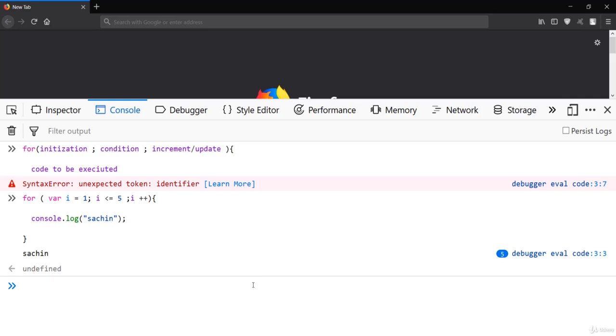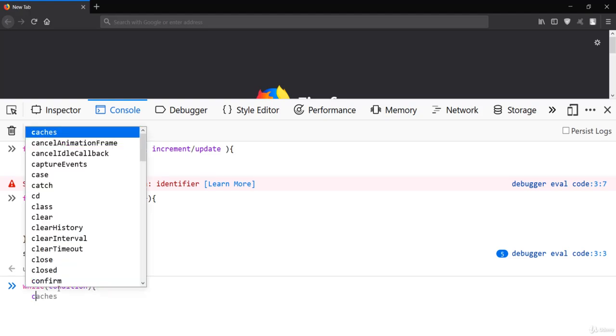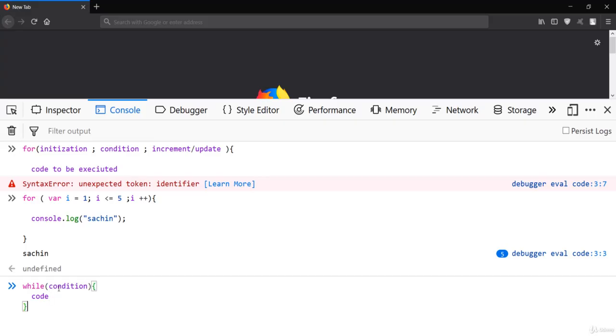The next one is the while loop. The JavaScript while loop iterates the element for an infinite number of times. It should be used if the number of iterations is not known. Unlike the for loop, in which the iterations should be known because you have to give the condition, if the number of iterations is unknown to you, you have to make use of while. So while is all in lowercase, and you give the condition here. It should be the condition same as the for loop, and after that you give the code to be executed inside this scope.